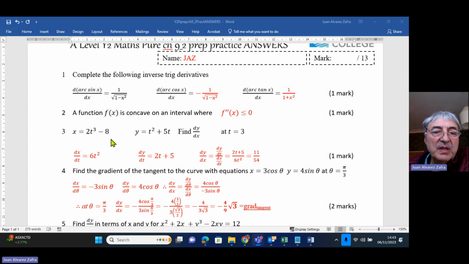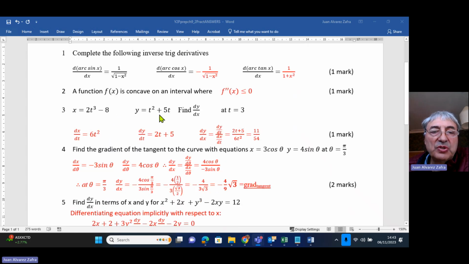Question 3. Here's an example of a parametric equation, and we want to work out dy dx. To work out dy dx, we use the chain rule. So dy dx will be dy dt times dt dx, which can be rearranged to dy dt divided by dx dt. So we differentiate y to get 2t plus 5, and then divide that by the derivative of x, which is 6t squared. And if we divide those out, we get this expression here for the derivative dy dx in general,